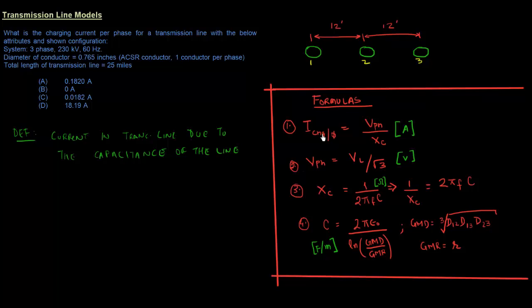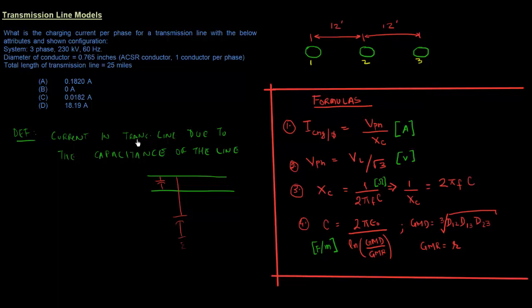Mostly we talk about a transmission line having an inductance and a resistance. But what you've also got to realize is there's capacitance as well. Basically, a capacitor is any two conductors separated by an insulating medium. So that's where in a three-phase line, for example, there are three conductors. So there's capacitance between each of the lines, as well as there's capacitance to ground, right? And the current that's involved due to this capacitance is what we refer to as